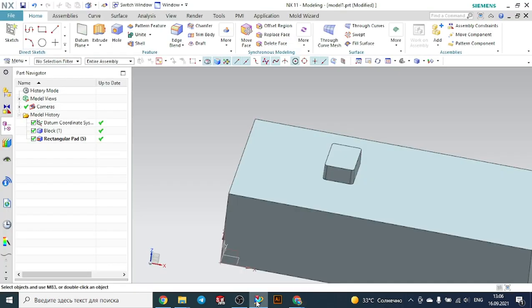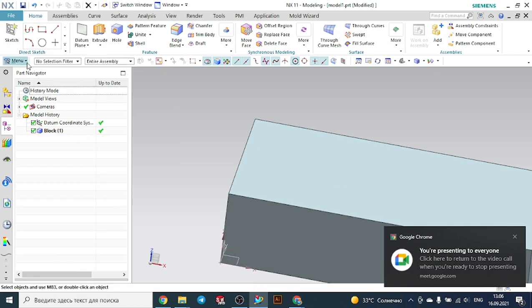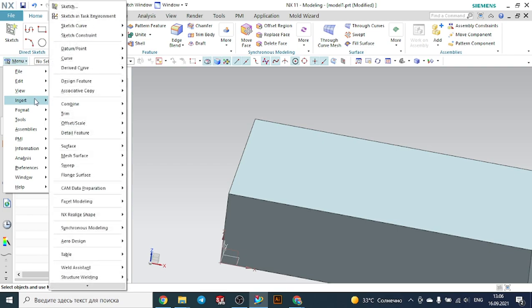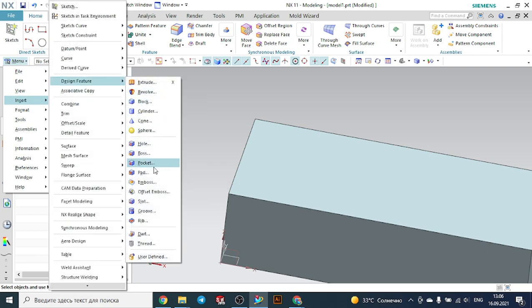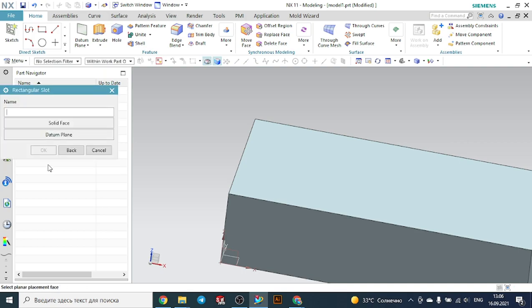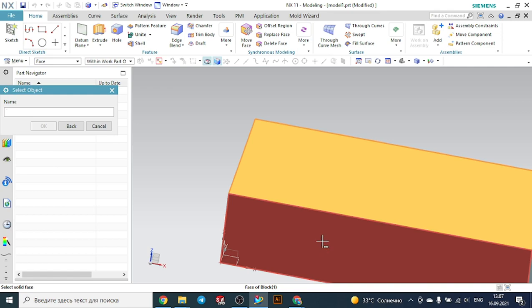So we can go on. Let's delete this one. Again, go to the menu, insert, design feature. We have pad. Now we will go to the slot. There are several types of slots: rectangular, ball end, U slot, T slot, and oval. So let's see the rectangular slot. It's selected by default. Press OK. Here select the surface, select the solid face, and select this face,